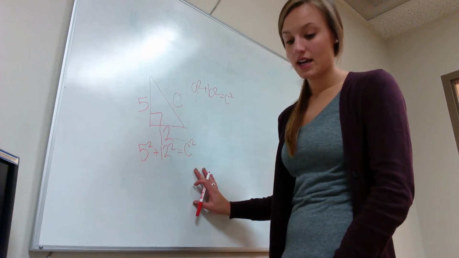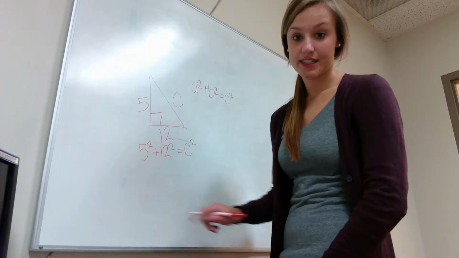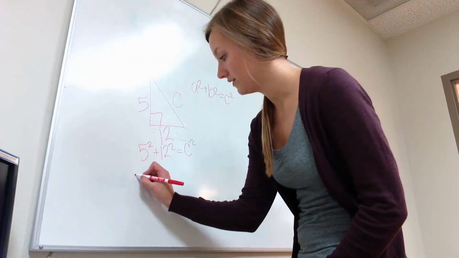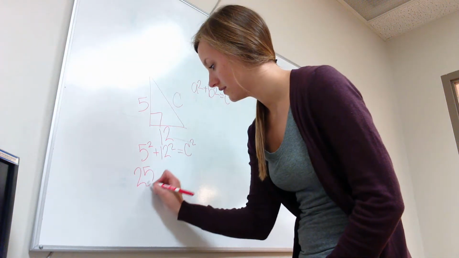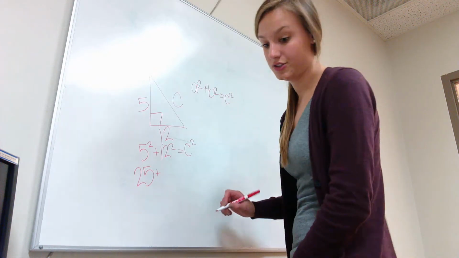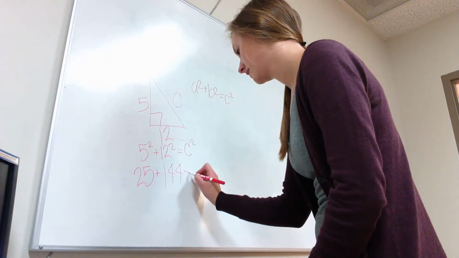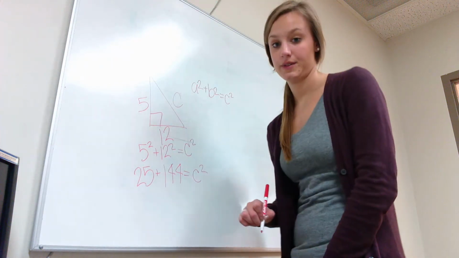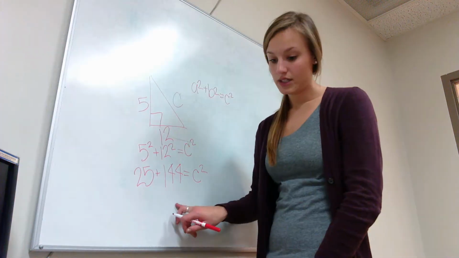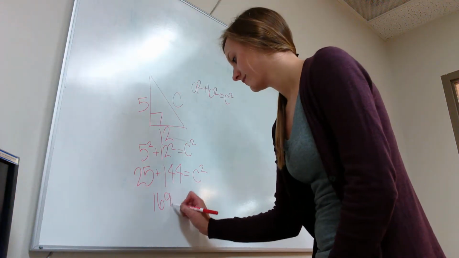Easy as that, just plugging in numbers. So then we figure out what 5 squared is, and we know that 5 squared is 25, plus 12 squared, which is 144, which equals C squared. Now we add these two together, and that comes to 169, which equals